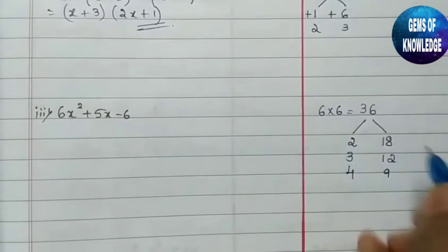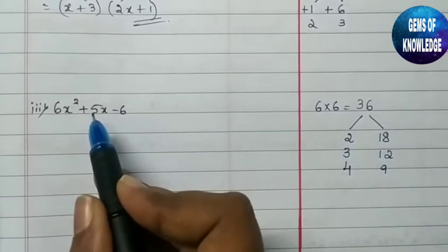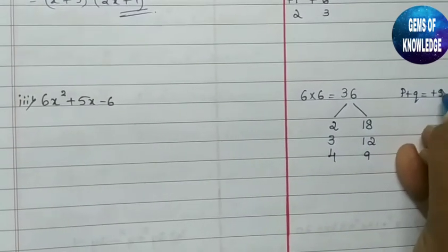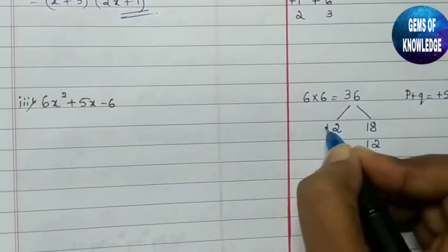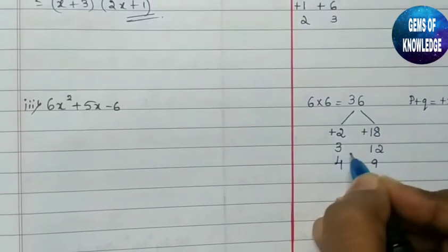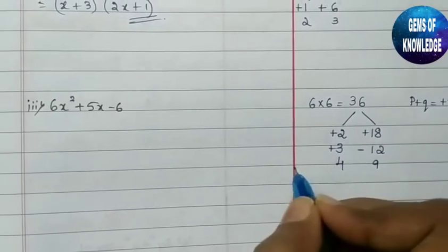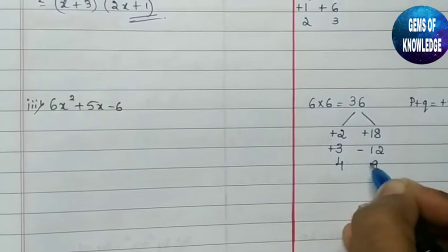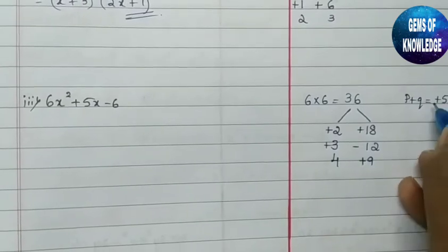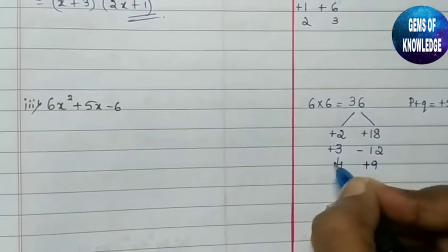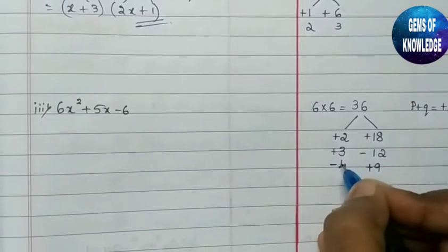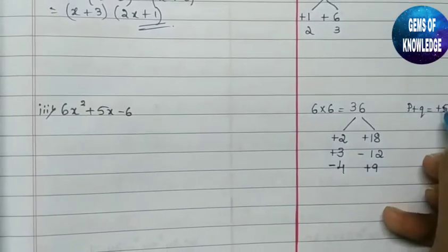Okay. Now you can see which one suits here. We need plus 5. If we add this P plus Q, we need the answer to be plus 5. So if you add here or minus here, whatever you put, we are not going to get plus 5 here. Here also we are not going to get whatever if we put, but here we can get. Okay, so what we will do, for the greatest number, we need to put plus sign, because we are having plus sign here. Okay, and for the smallest number, we need to put the negative sign. So plus 9 minus 4, 9 minus 4, we are getting plus 5.